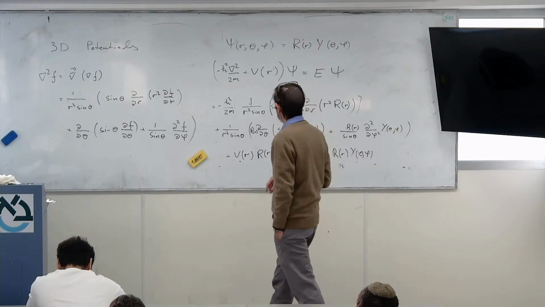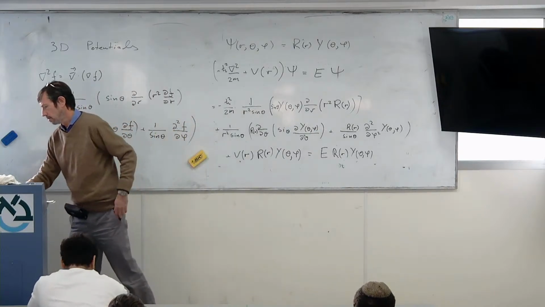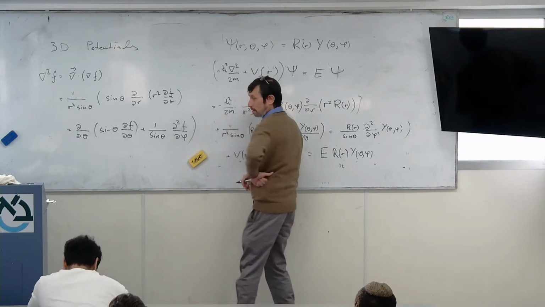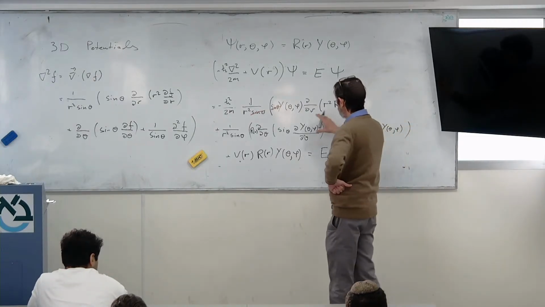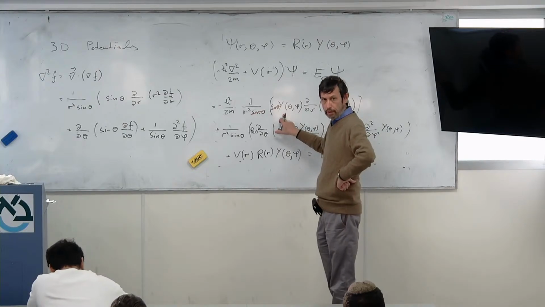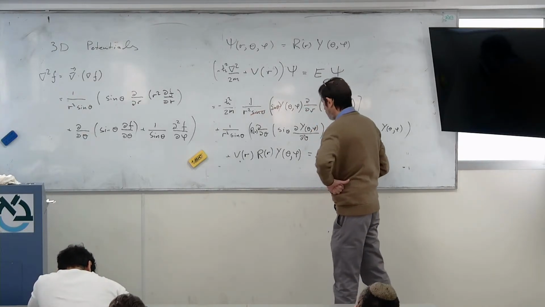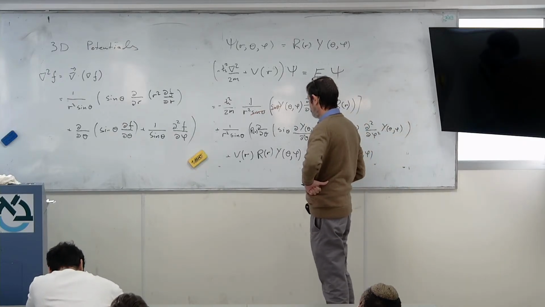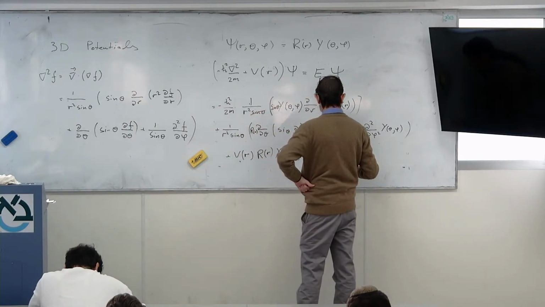Okay. Let's see what we can do here. Okay, so here I have a term that, except for a multiplication by y, has no theta and phi dependence. Okay. Here basically I have dependence on R and